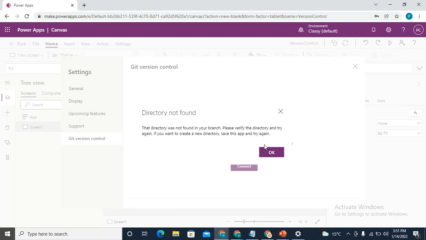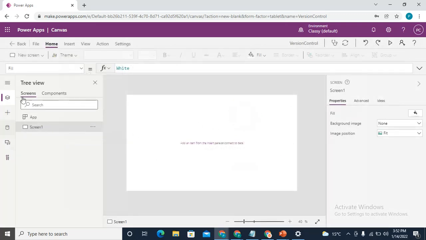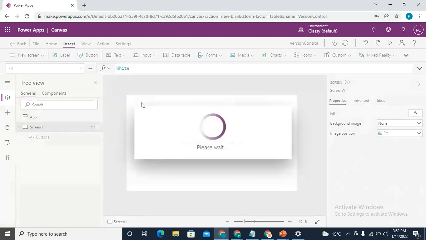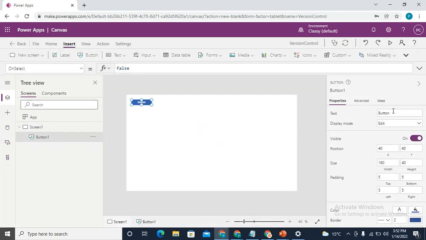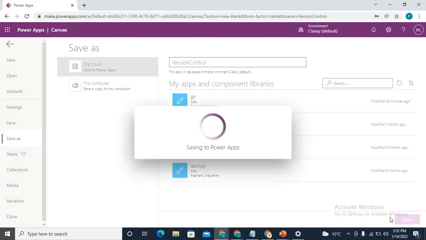If you want the new directory to be created, see, as we have already seen in the GitHub account that there is no repository. So in order to create one, we need to just save it. Save this application. So let's save the application first. Let's say insert one button, something. Okay, button one, and now save the application without doing anything. Just go inside it, and version control, and then save. Now when your application gets saved,